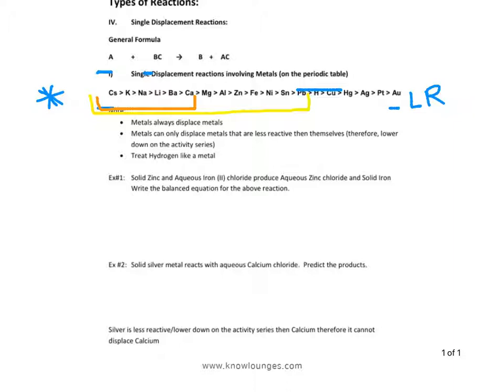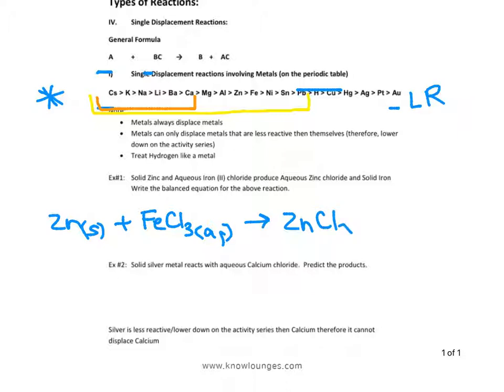The first one here is solid zinc and aqueous iron chloride produce aqueous zinc chloride and solid iron. So we can write a balanced equation, and we're going to use this one to show what I mean by this reactivity series. Zinc is a solid metal, and it's added to iron(III) chloride, or a solution of it, and this produces aqueous zinc chloride plus solid iron,